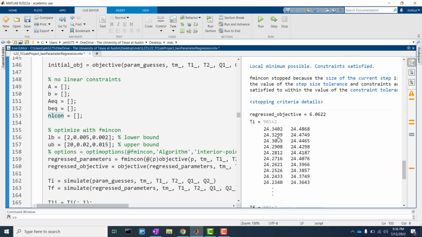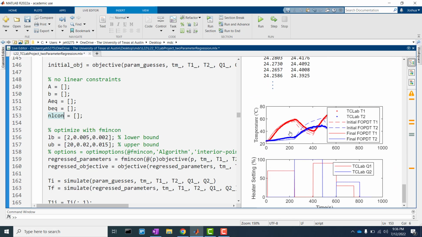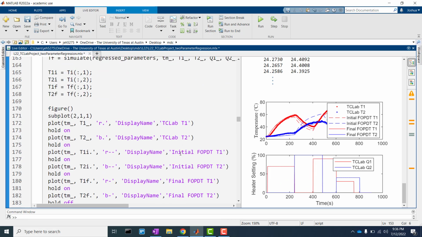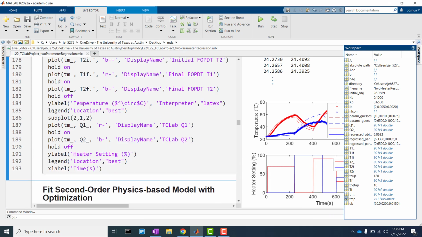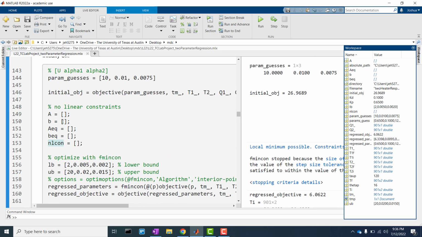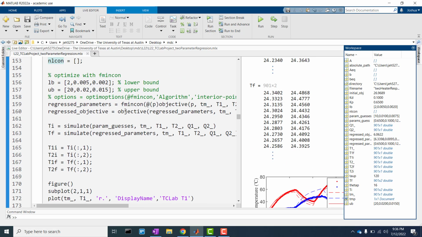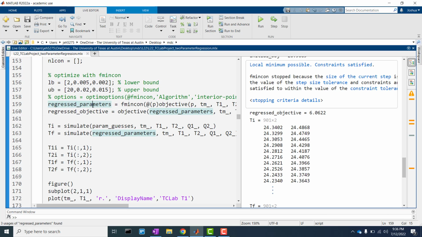What are our parameters? We didn't output them, so let's go to our workspace then. Regressed_ there we go. Let's just highlight it. So our regressed parameters, U is equal to 6.3. Our alpha 1 is equal to 0.009. And our alpha 2 is equal to